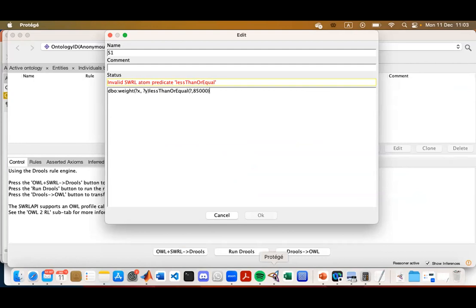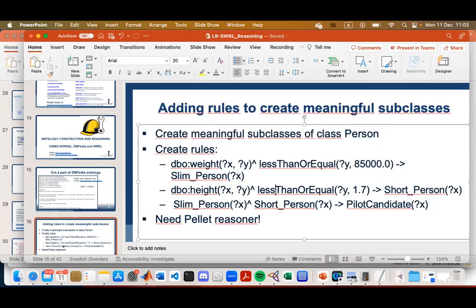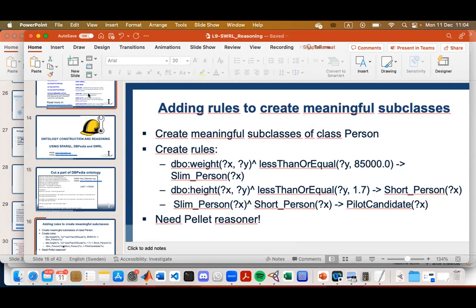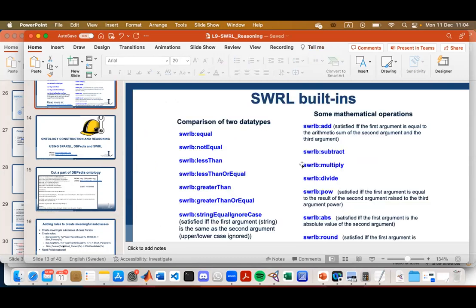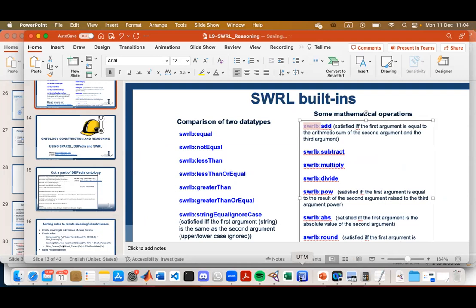So it doesn't like something. Let me see. Still doesn't like it. No, it's not. I will double check it. Here we need SWRL, so we need to put this prefix where we get the definition of the function.